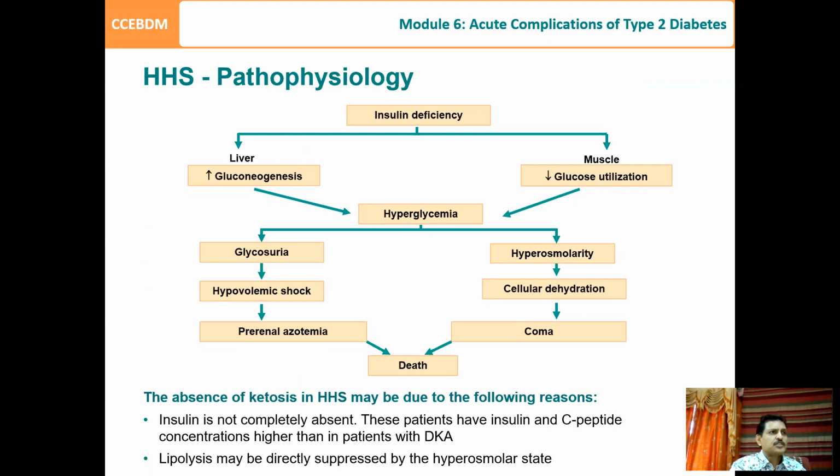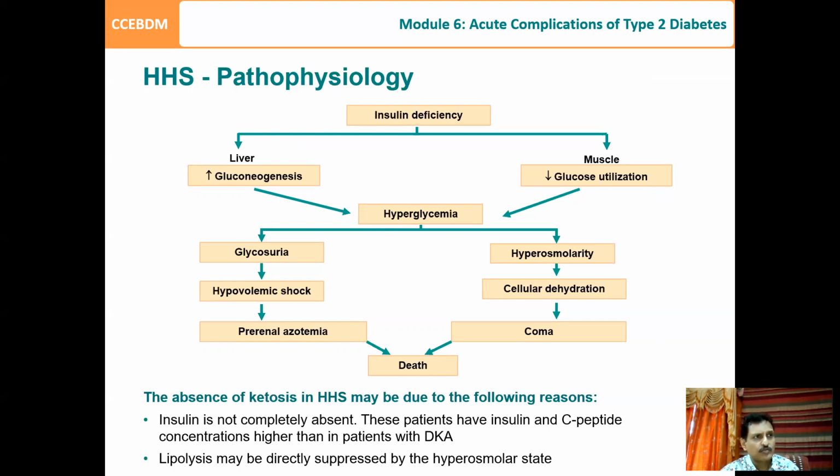So insulin deficiency, but it is not an absolute insulin deficiency. Some degree of insulin is present. Because some degree of insulin is present, as I've told you, low-dose insulin actually prevents the development of the ketogenic process. High dose is basically anabolic. So because they have a low amount of insulin in the body, that actually prevents the development